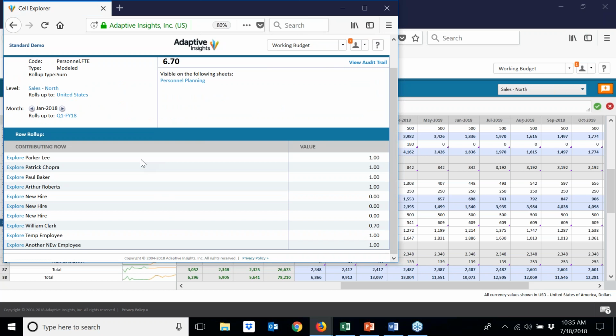If you can't see salary, you wouldn't see this, but it's now actually showing me the people I'm being charged with and the values. In this case, we'll concentrate on William Clark. He's 0.7, because I just learned something that's going to change that. And now I want to be able to go and change that. So like we did when we came in from the dashboard and the product sales, I have the link now